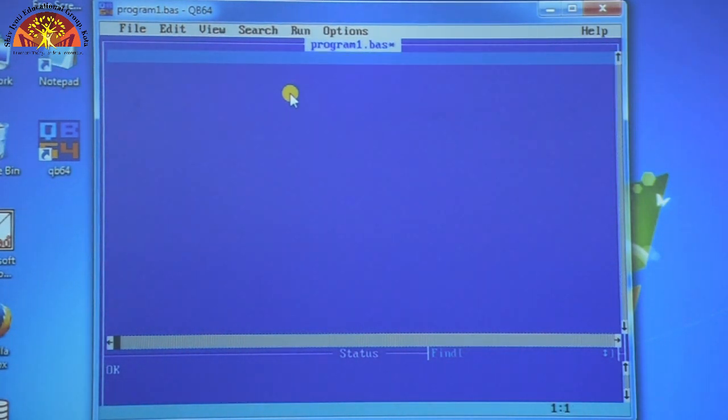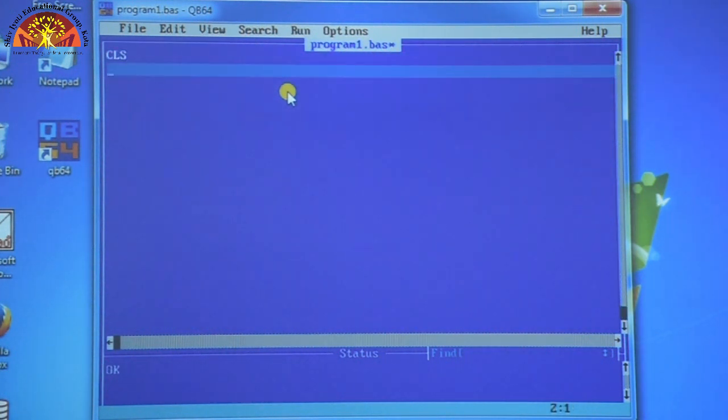Now we will see the use of semicolons in our program. For this we have to type CLS, next PRINT, space, again Sunday inside the double quotation, and after the double quotation we have to type a semicolon here. This is your semicolon, then space inside the double quotation. Now we have to type Monday, now semicolon, space. Now we will write Tuesday inside the double quotation.